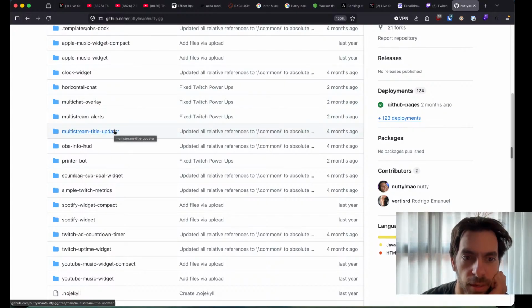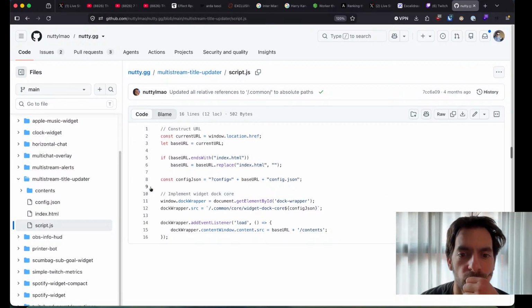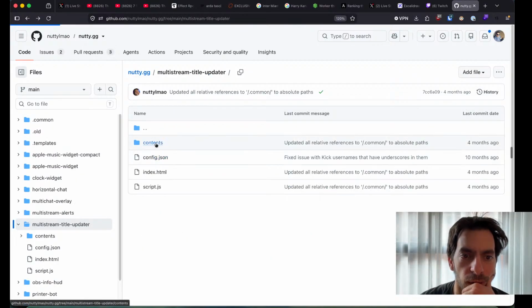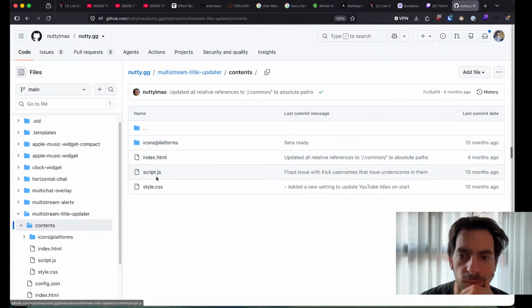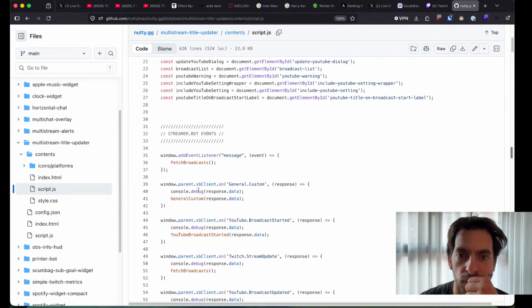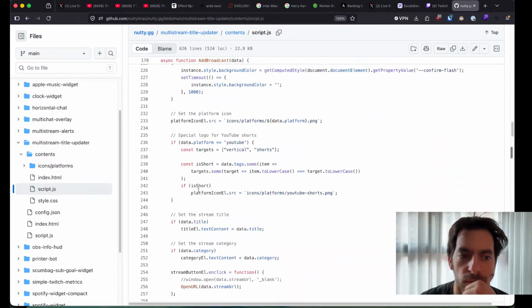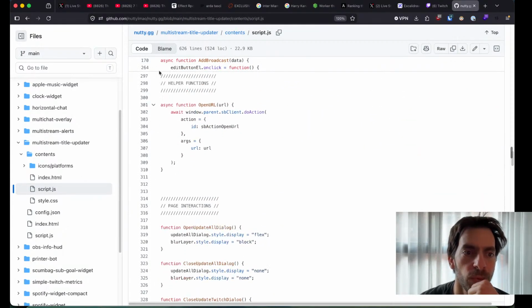Oh, okay, and it's built with JavaScript. Okay, but I don't know. Content. Script.js. Okay, so here's the, but what I want to know is